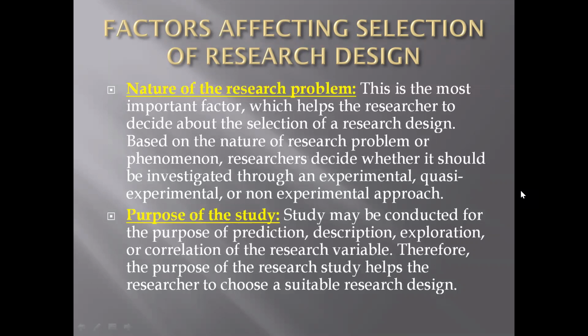Then the first is the nature of the research problem. Obviously, the type of the research that you're doing affects your research design. For example, if you're going for an experimental research, where you need to test the physical entity present in the universe, then you go for an experimental research design. If you want to test something in detail, you need to test the theory, the effectiveness, and the sustainability of a particular entity in this universe, then you go for a descriptive research design. So, generally, what type of problem you're solving with the research affects your research design.